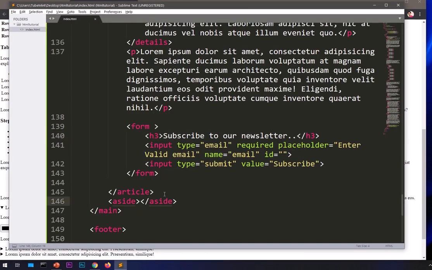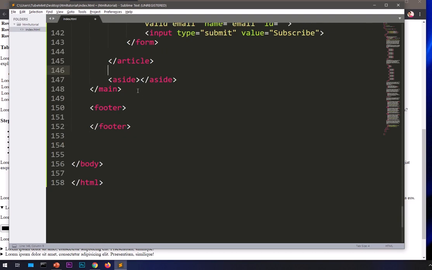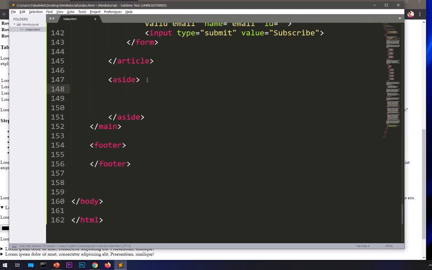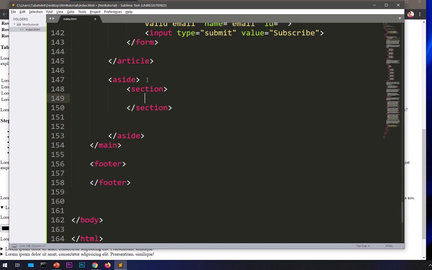Let's quickly go ahead and create this aside, put some dummy content here. So in the sidebar, we are going to have this section. You can use div or section, completely up to you, but this is HTML5 tag, and it's better to use. Almost all the browsers support it now. So what I'm going to do, I'm going to say recent post or popular post, whatever you want to say,